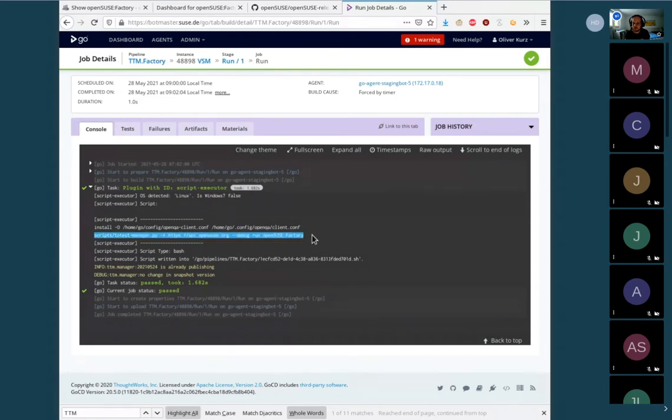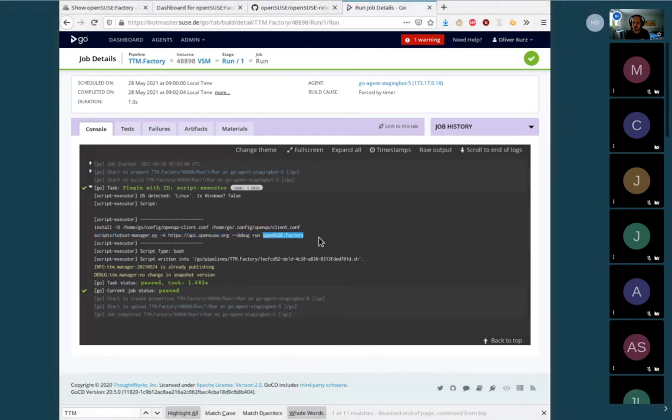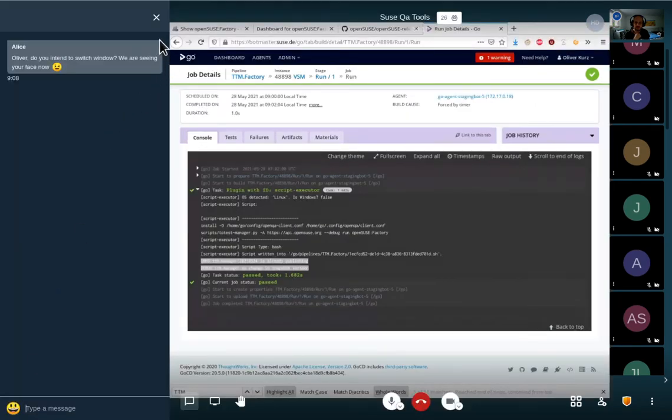You can do the same and see what it would do. Here we test toTestManager with the openSUSE factory configuration, and then the output basically is these two lines, which say that the latest snapshot that is ready for testing, which is the one from the 24th of May, is already publishing, and there is no change in snapshot version. So this is the case where the bot